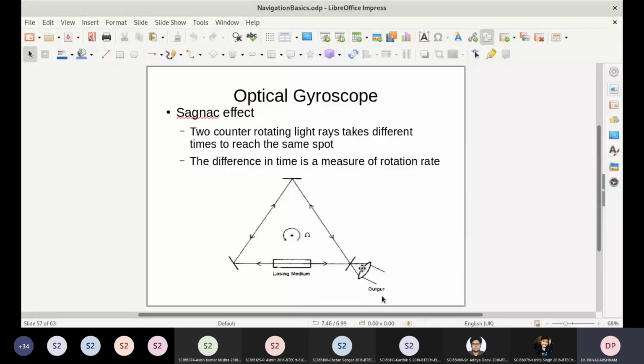So if there is a mechanism to observe the interference pattern, if this closed shape that is shown here is not opaque, sir,